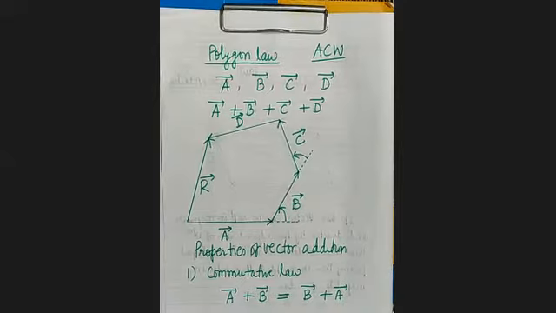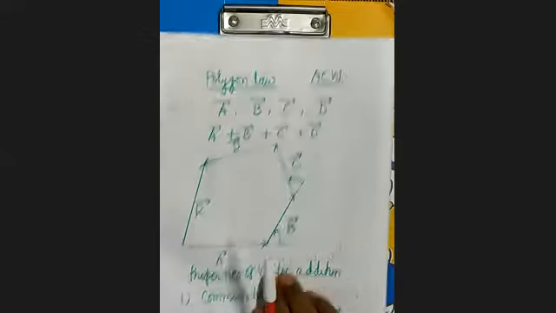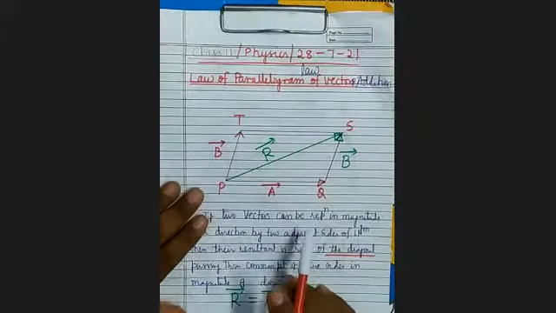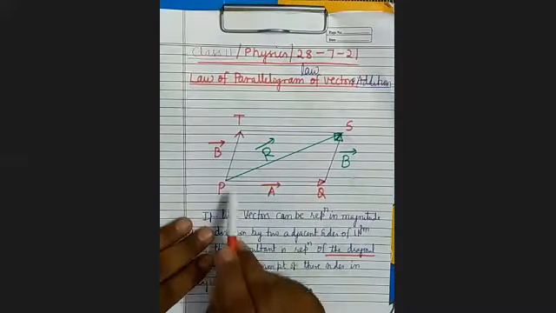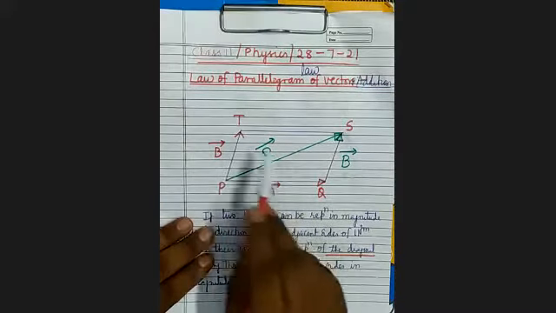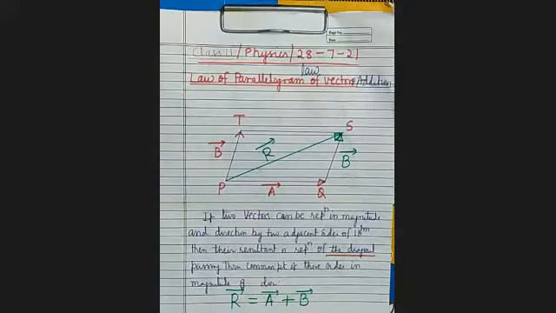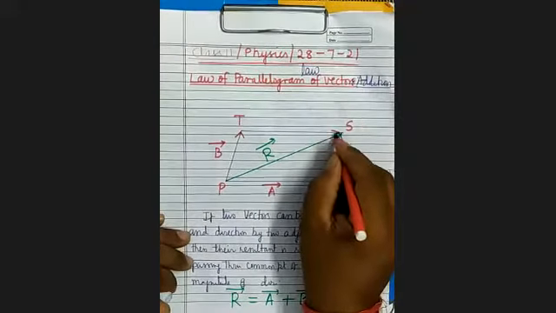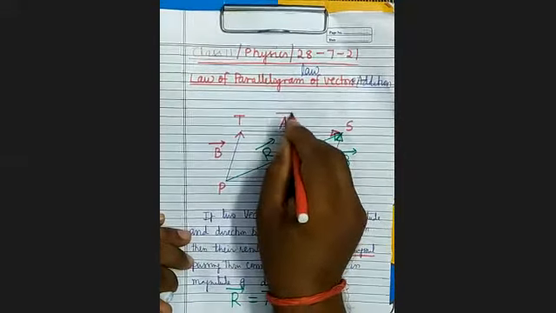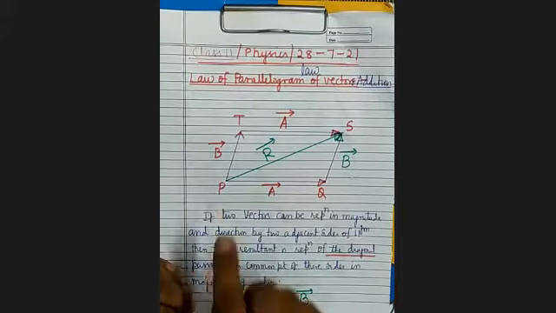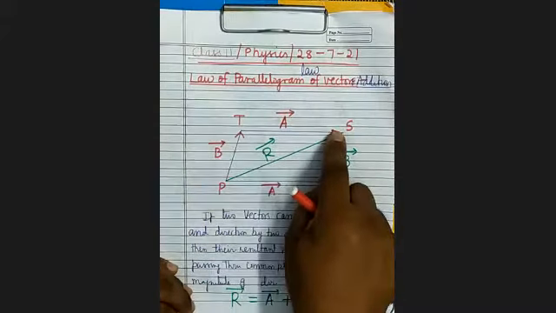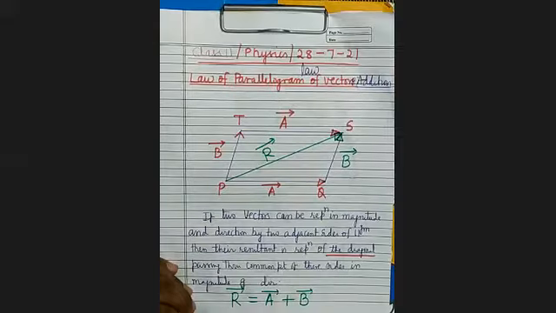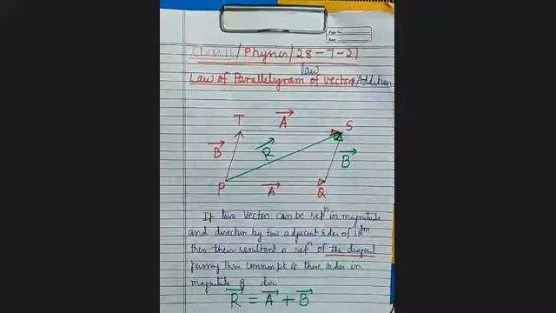You can see here. How will you verify? By using a parallelogram, we can verify. All of you see here, in a parallelogram we know that opposite sides are parallel and equal, therefore this vector A can be transferred here. This is also representing vector A, because both are equal in length as well as having the same direction. Therefore, we can represent this also as vector A.